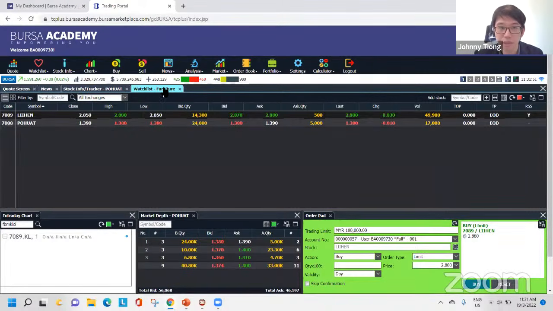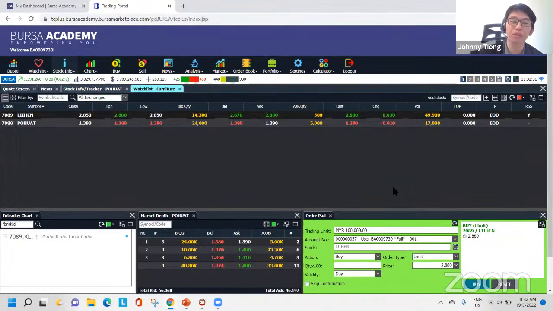And then also the tabs, you can open a lot of tabs, just like your Google Chrome. The stock info, the watch list, the order status. These are things worth exploring. So take your time, maybe 30 minutes, if you are not familiar with the trading platform. I think Bursa did a very good job for us to simulate without using our real hard-earned money. They give us 100K to buy, to test out your strategy, to test out your heart. If the stock price falls, how do you feel? This is actually a good simulator platform.